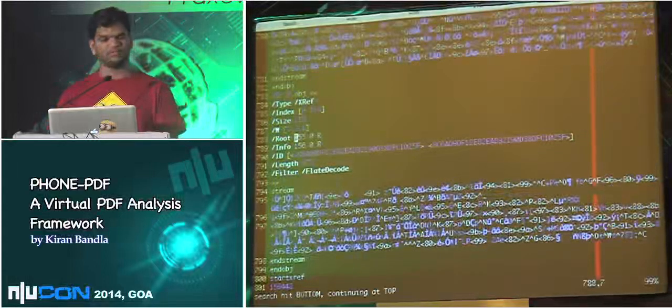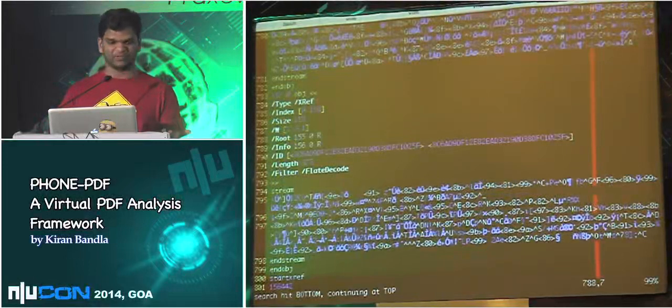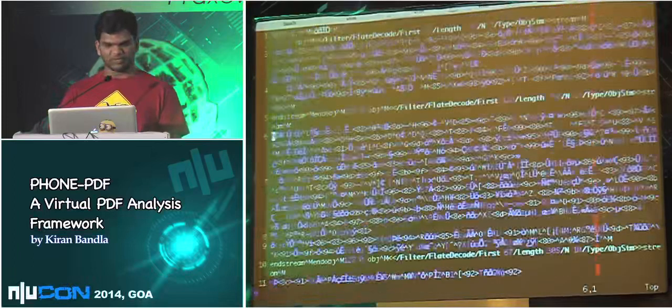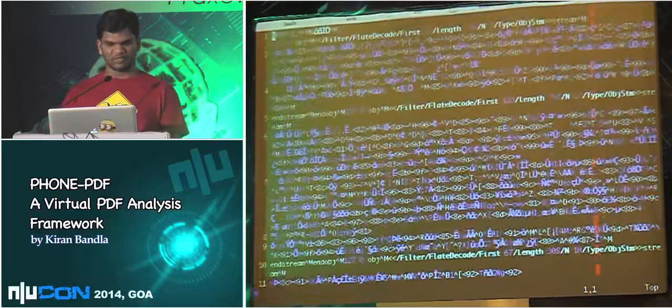No, there is no object with 155. That's the nice thing about PDF. And this PDF works absolutely fine. One last example of more PDFs. This is actually a malicious PDF. It's CVE